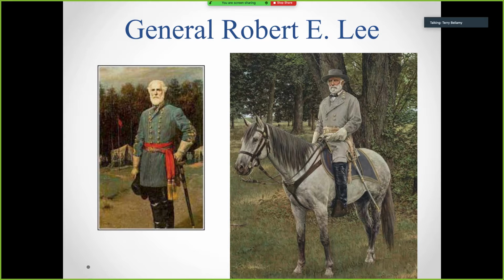So one day Lee says to this guy, "Hey, tonight for dinner, can you mix up something good? Because a couple other officers are going to come over." Now, at this time, this is late in the war, so provisions, food is pretty scarce. So this black man, the fact that he was black really doesn't make any difference in the story other than the fact that he wasn't a slave. He's looking around and he's trying to figure out, what am I going to cook for these guys? And then he looks over and sees Nellie the war chicken.